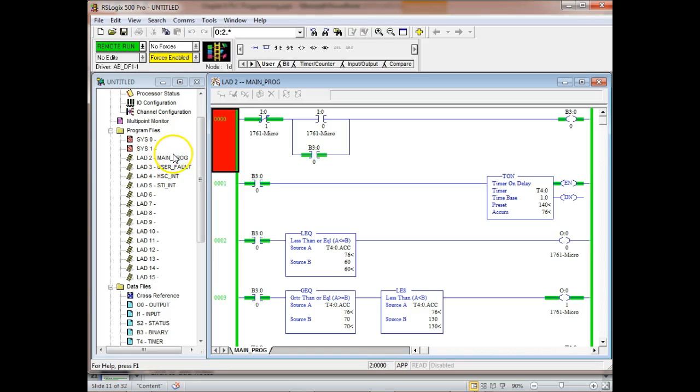Now what happens on your PLC, so this is my main program, but you look on the 1000, ladder 3, ladder 4, and ladder 5 are dedicated. So that means you cannot put a program or a subroutine in those three ladders. Those are dedicated. One of them's dedicated to user faults, ladder 4 is dedicated to high-speed counters, and then ladder 5 is dedicated to